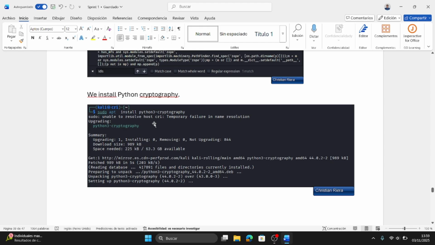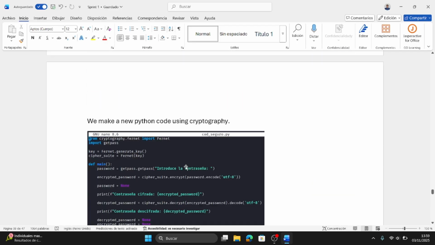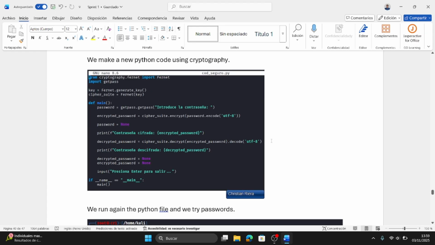So we are going to install Python cryptography. And now we edit the previous file or we create another one using the cryptography and encrypting the password.